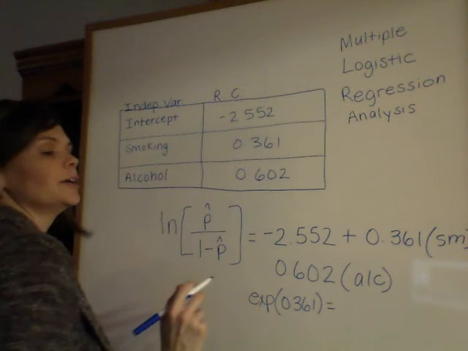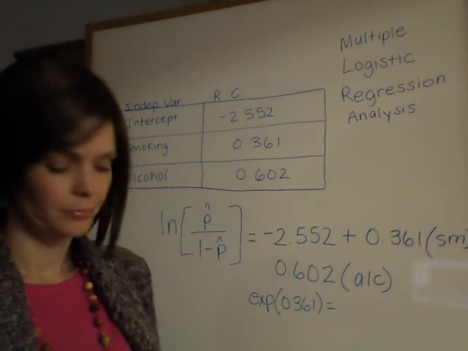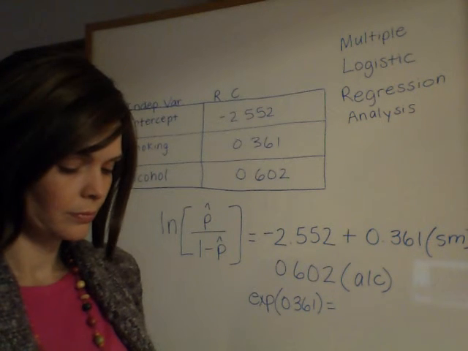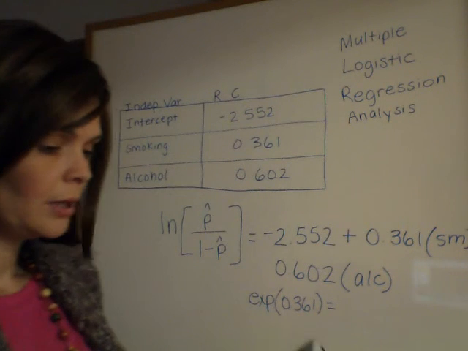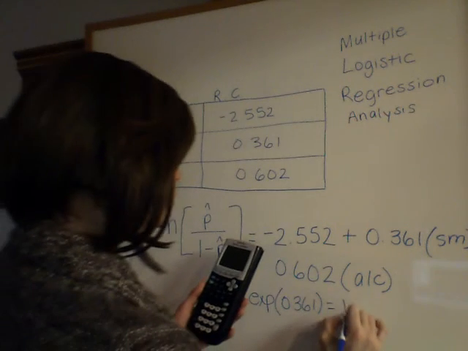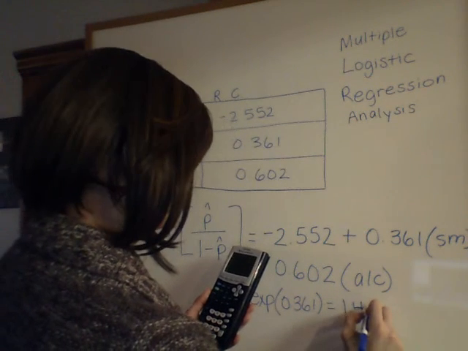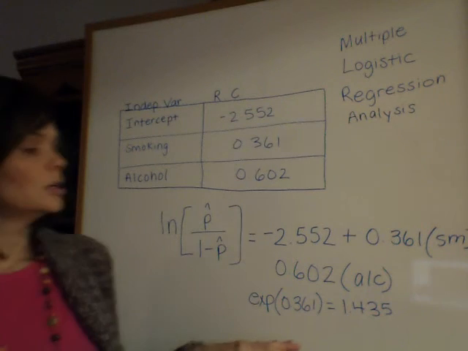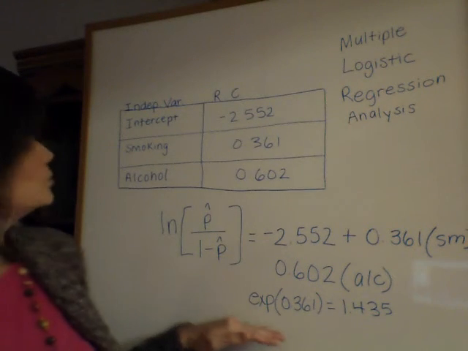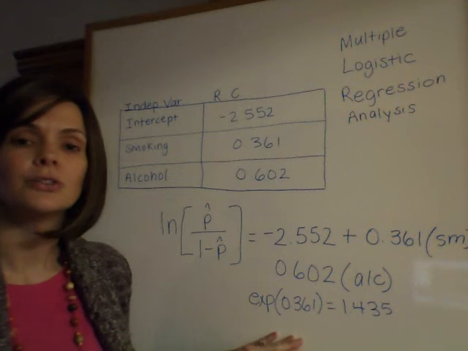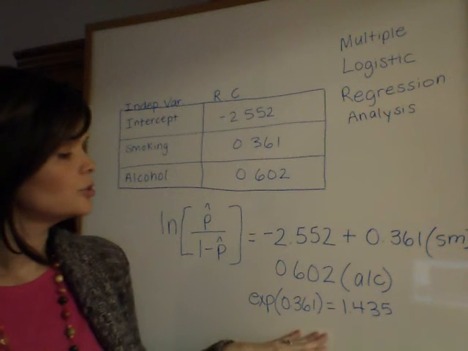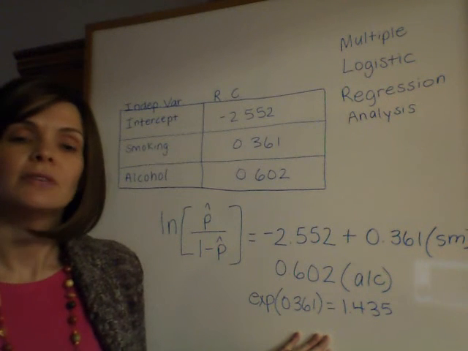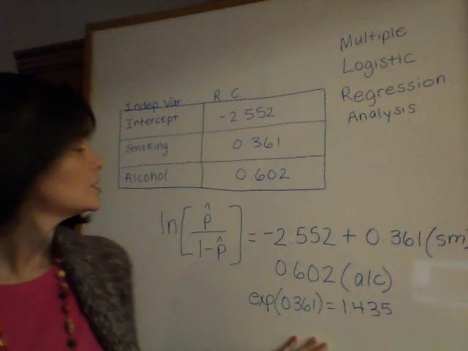So I get my calculator. And we have 1.435. So those who smoke have a 1.4 greater chance of getting lung cancer when adjusted for